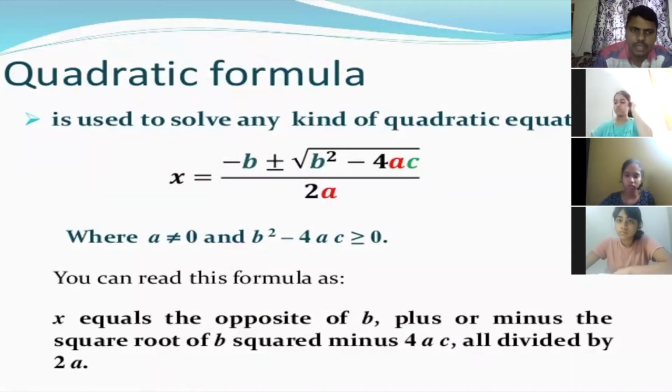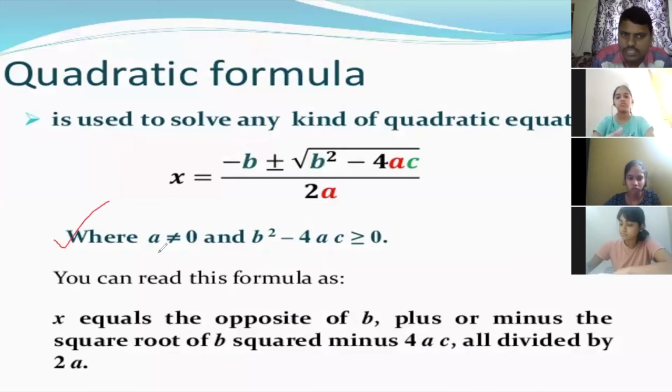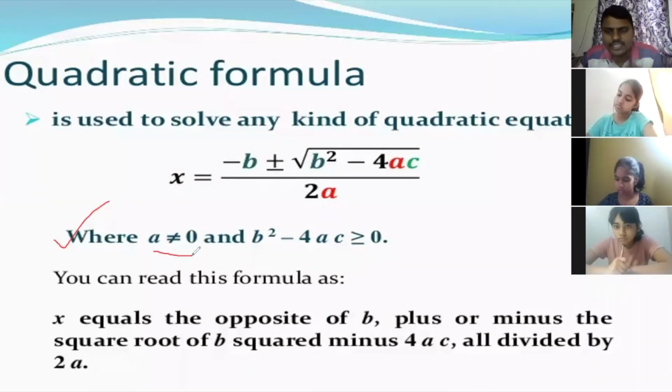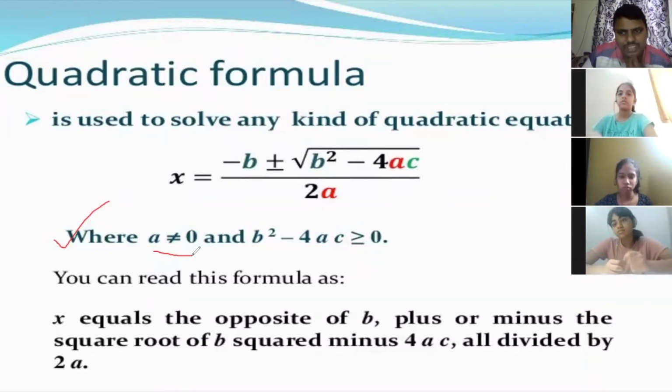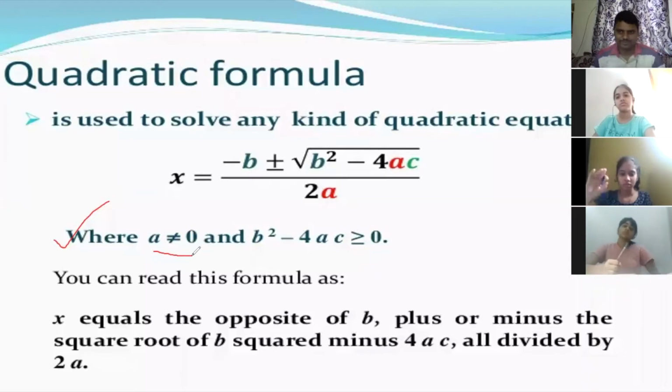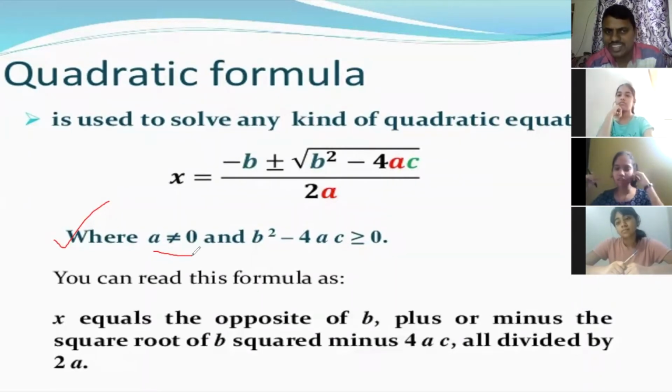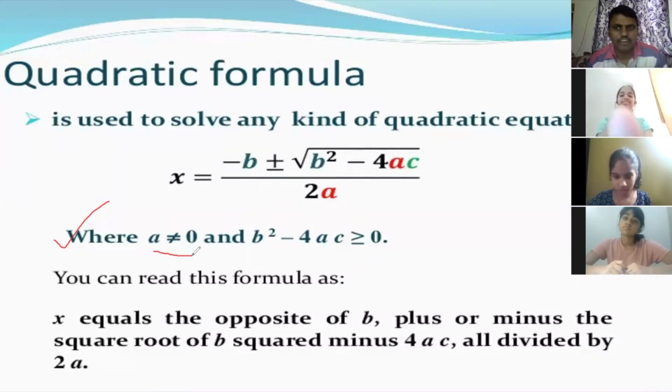So we know that here, children, only this line, write it at the end: where a not equal to 0. Why are they saying a not equal to 0, Maisha? If a is equal to 0, what will happen? If a is equal to 0, the x square will be multiplied by 0 and hence have no value, so it won't even be a quadratic equation. Very good. If a equal to 0, that is a linear equation, not a quadratic equation. So in ax square, a is 0, so the x square term is not there. That is linear.